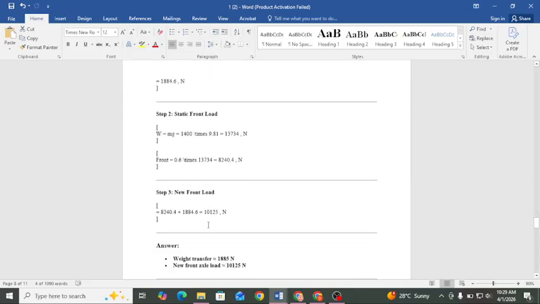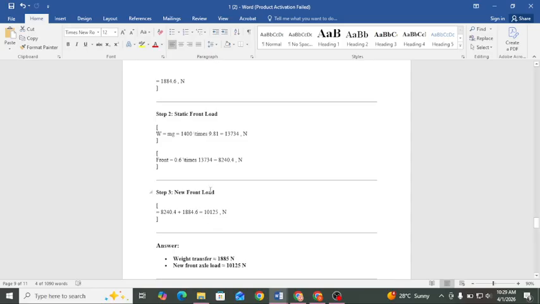Then the static front load. The static weight is equal to mass into gravity, 1400 into 9.81. Its total value is 13,734 Newton. The front value is 0.6 into 13,734, which is